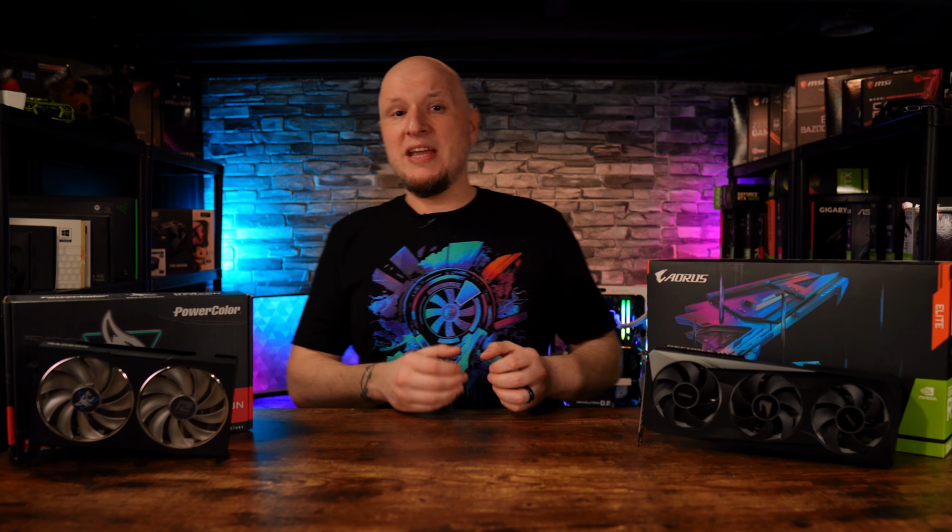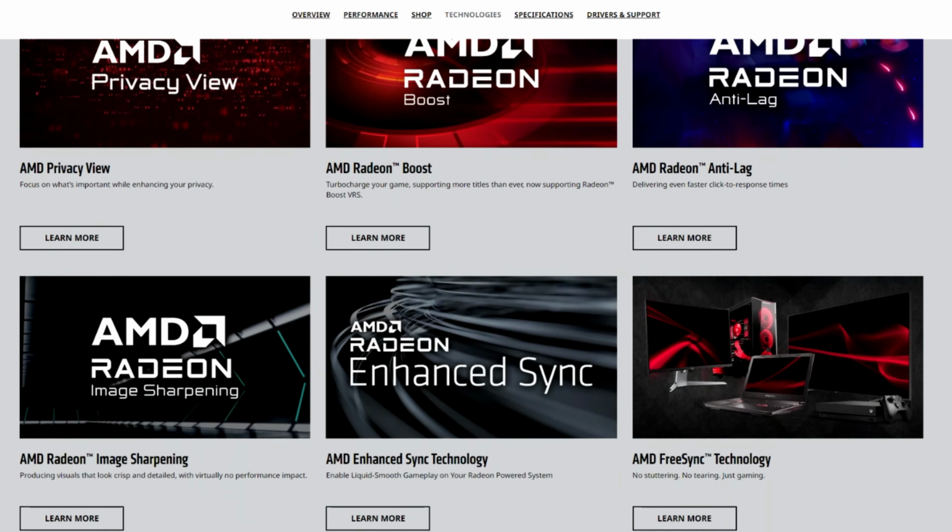NVIDIA does strike back with some of that value though, because they do offer their more mature DLSS along with ReBAR and a whole bunch of other software components that they do provide. Now, mind you, AMD is not taking that sitting down. AMD is hard at work dishing out a ton, I mean a ton. Go check out their website of new software and just different options that they're providing. Mind you, a lot of these are still in their initial releases, so they're not going to be as refined,